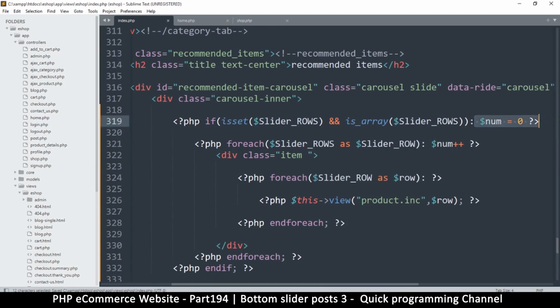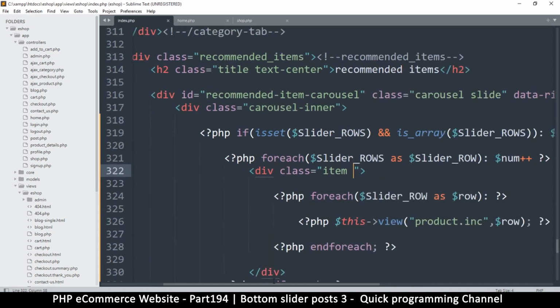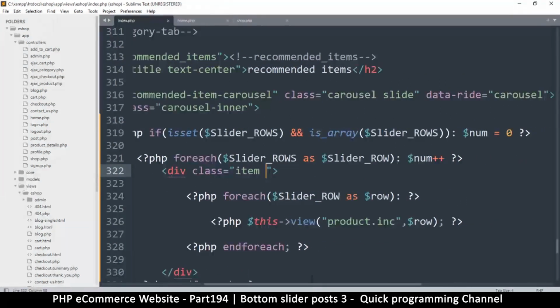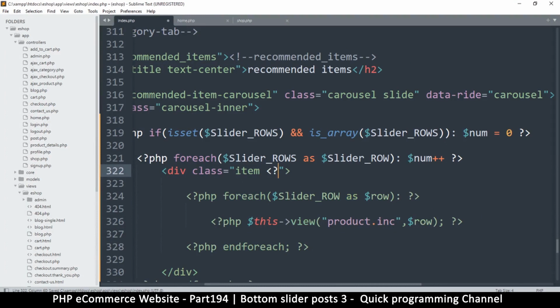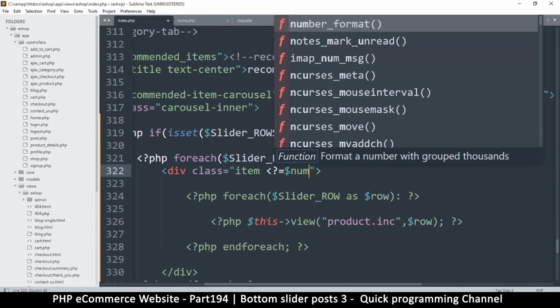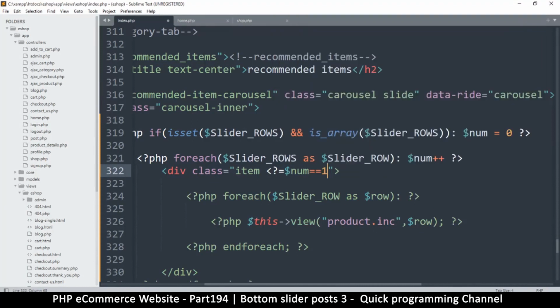So this is just laziness, of course. I should have added this on a separate line, but this is inside this if statement. And this is inside this loop. So it just adds to num every time we go through the loop. So all I need to check for is if num is equal to 1, and then we can set the active. So let's just put some PHP tags, equal sign like so, and then just check num equal to 1